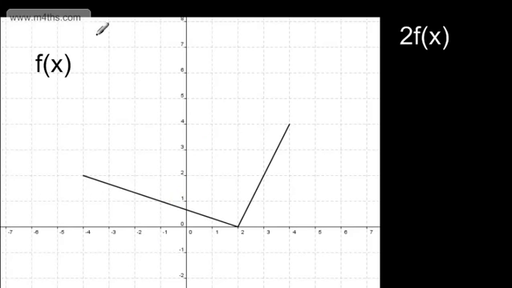Okay, let's look at another one. 2f of x. On this one, we need to multiply the y coordinates by 2. So this is 4, 4, so we're going to go out to 4, 8. This point now is -4, 2, so we need to do -4, 4. Remember, this is stretching the y coordinates by 2, so multiplying the y coordinates by 2, and we would put this on, and we'd label it 2f